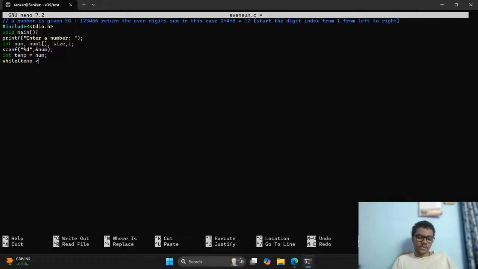While temp is greater than 0, all right, size. Let's initialize the size to 0 first. While temp is greater than 0, size plus plus, and